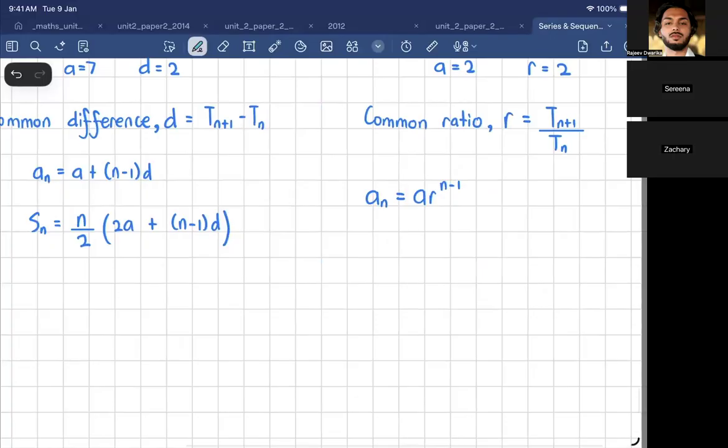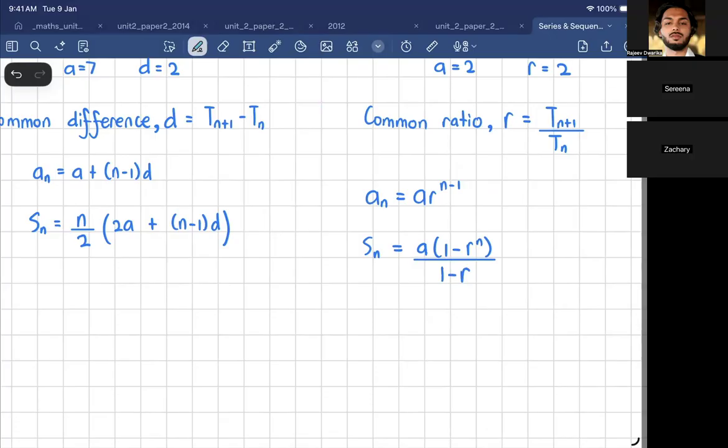And there are two formulas for S of n. The first formula is a. Did you get a chance to copy it down or not? No, sir. All right, so the first formula is a times 1 minus r to the power n, all over 1 minus r. And you use this formula